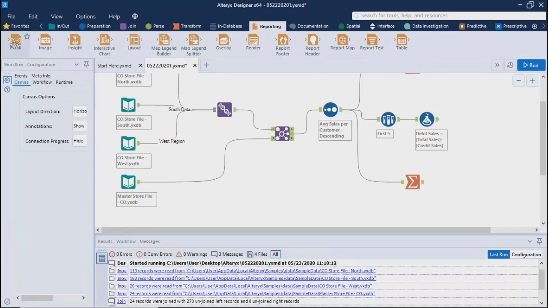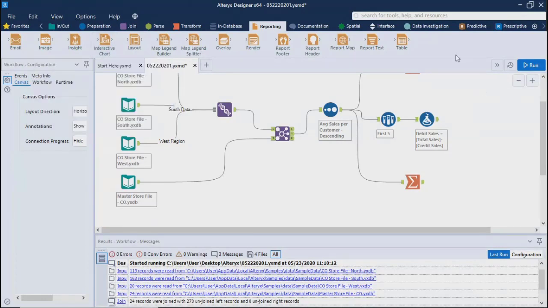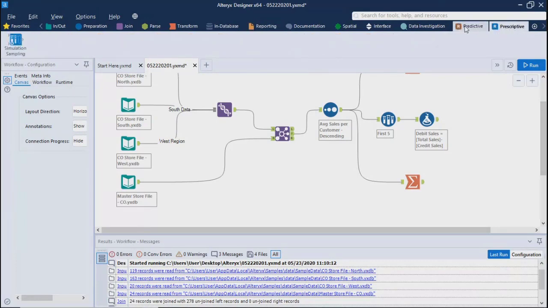They have replaced the charting tool with interactive charts. Earlier they used to call it charting, now it is interactive chart. In old versions, you had a tab for time series, which was related to the complete analysis of time series. But now you get predictive and prescriptive tabs, and you can add as many tabs as you want.